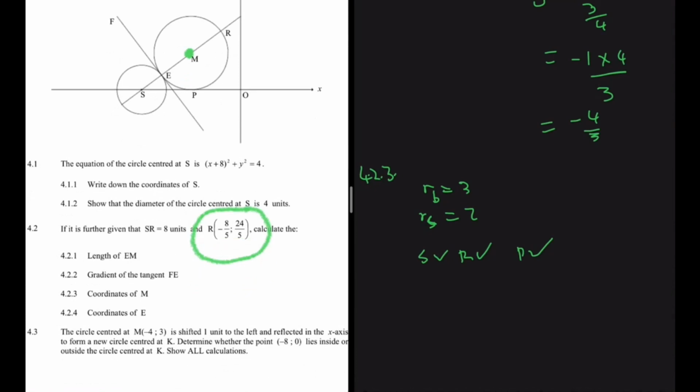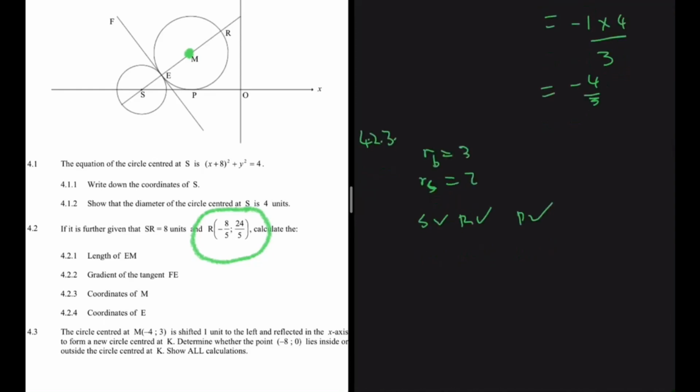That is because if the x-axis touches the circle, then where it touches the circle will be the x value of the center of the circle. And if it touches along the y-axis, then that will be the y value of the center. So M and P share the same x value. So if we can find the x value of P, we have the x value of M, right? Now we can see that